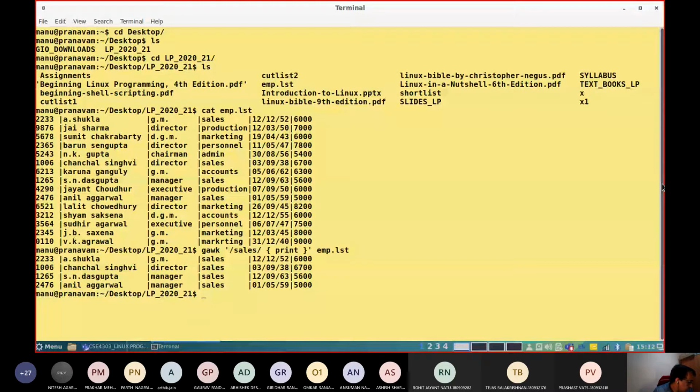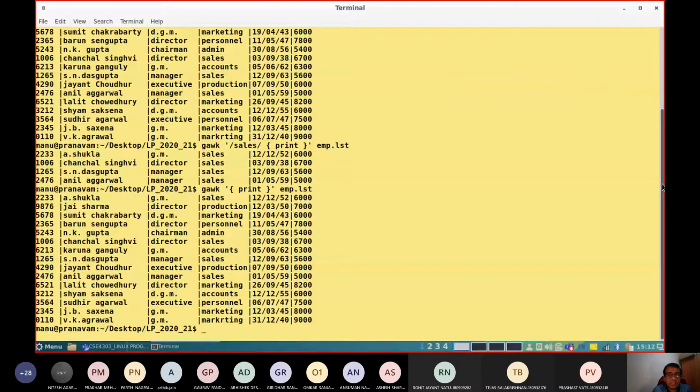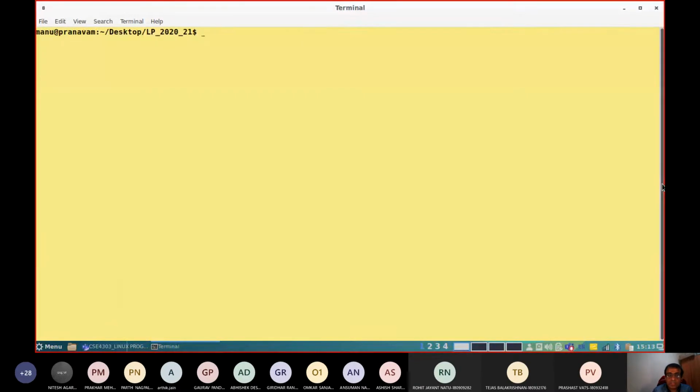As we saw in the last class, if you do not write any selection criteria, everything is selected, very much equal to cat emp.lst. You get the same kind of output if you omit the selection criteria, and even if you do not write print, the default action prevails.